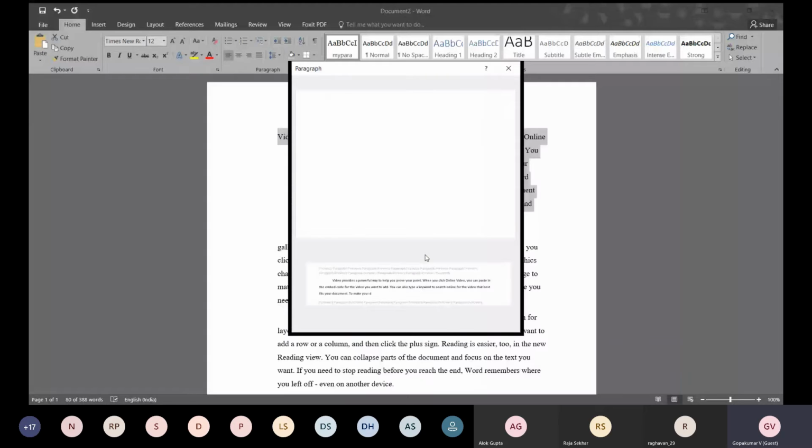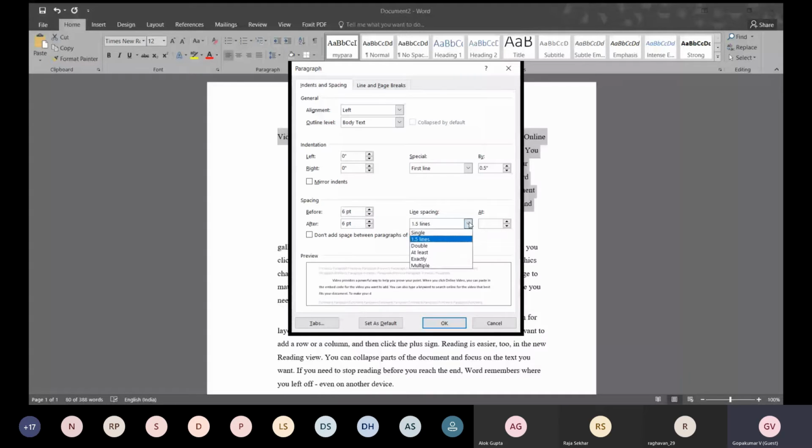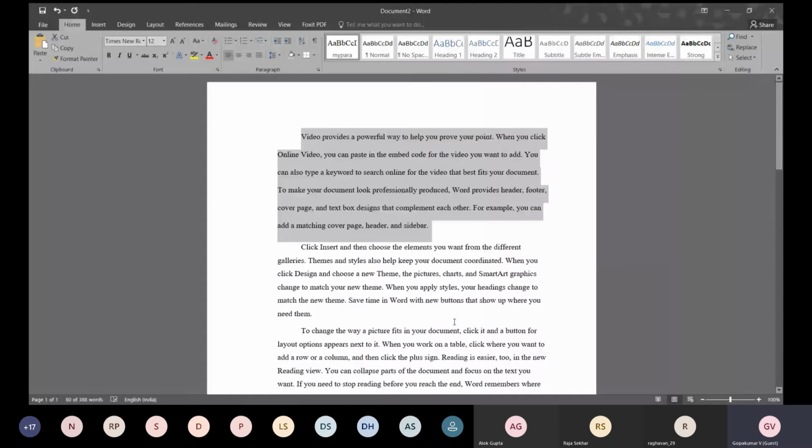Now it is called line spacing. Here it is 1.5. If you are very particular, you can go for double space also, and then you can apply it. See here, what has happened is I have changed it from 1.5 to 2 point space.